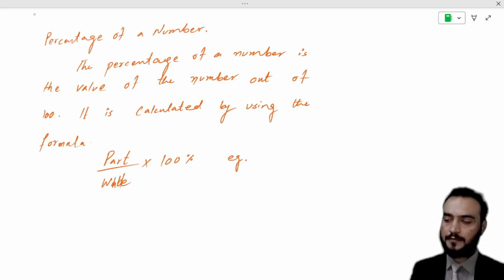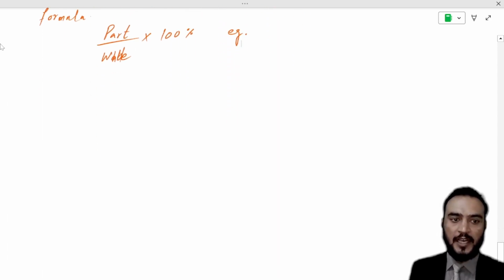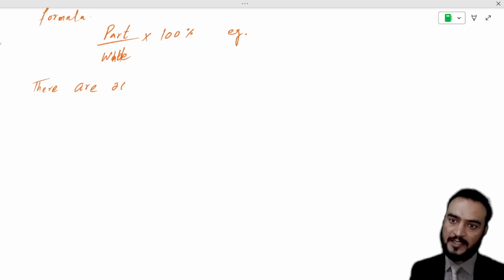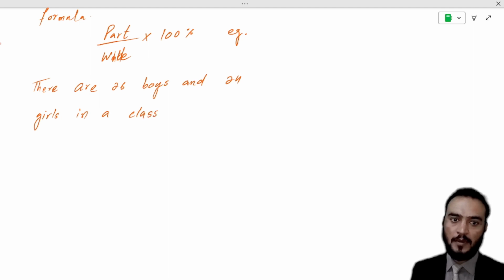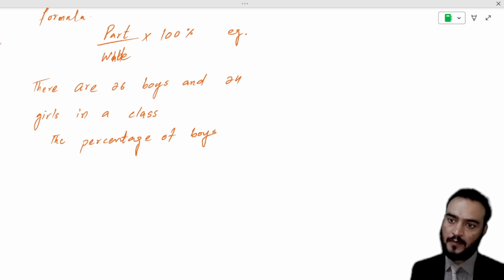For example, there are 26 boys and 24 girls in a class. The percentage of boys in the class is